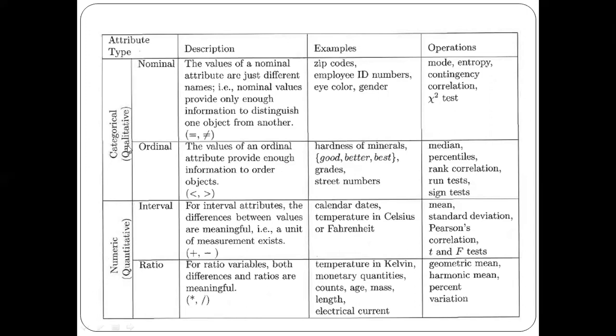We have two categories here, qualitative and quantitative. Qualitative means they will be in the form of strings. Normally they will be in the form of strings. And quantitative means they will be in the form of numbers, 0, 1, 2 like that. I'll give the examples, you'll understand it.